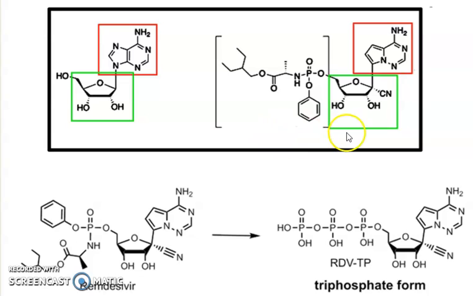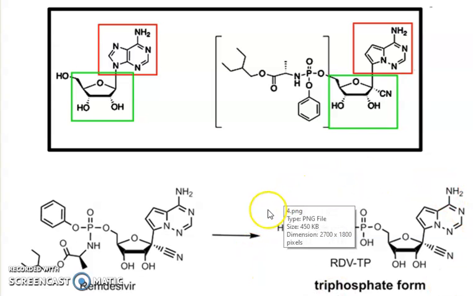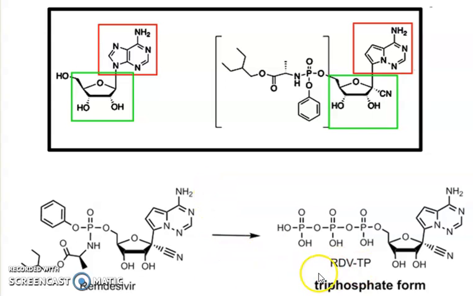However, this is the Remdesivir that we get in vials, but it itself is not active. It is actually a prodrug. What are prodrugs? Prodrugs are not active themselves, but when they are metabolized in our body, meaning when they are digested in our body, they are converted into something that becomes active. So in this case, when we take Remdesivir inside our body, it is metabolized to the triphosphate form, which is active.